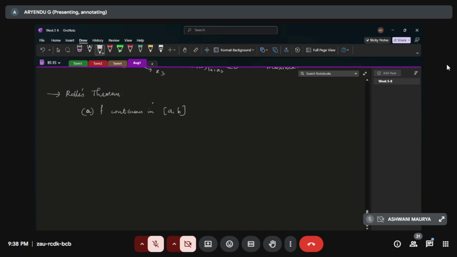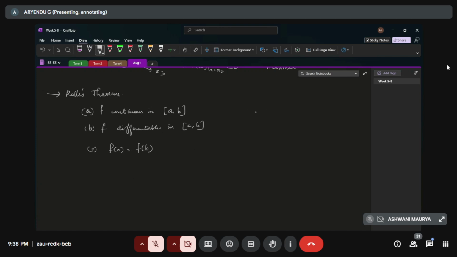So Rolle's theorem is very much similar to the mean value theorem, and we have to learn both. So these are the conditions for Rolle's theorem. For a function f which is continuous in the interval a to b, and if the function is differentiable in the interval a to b, and it is given to you that f(a) is equal to f(b),